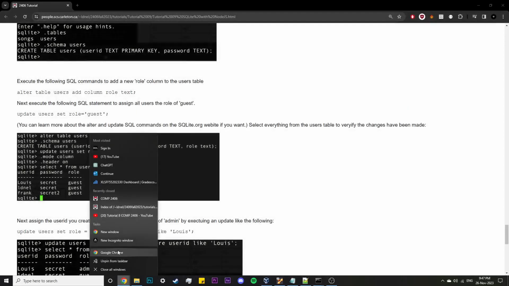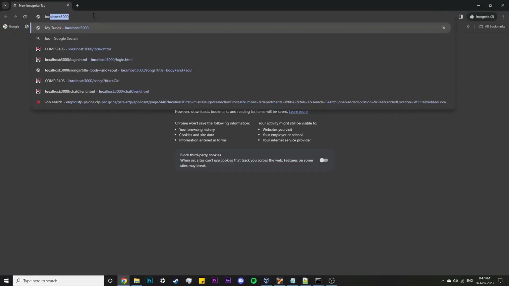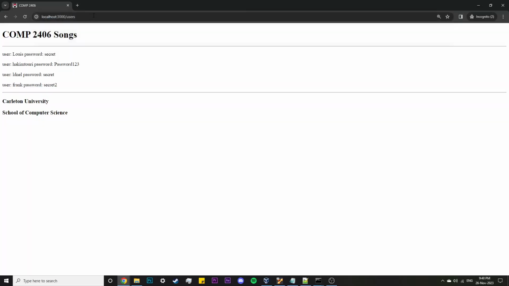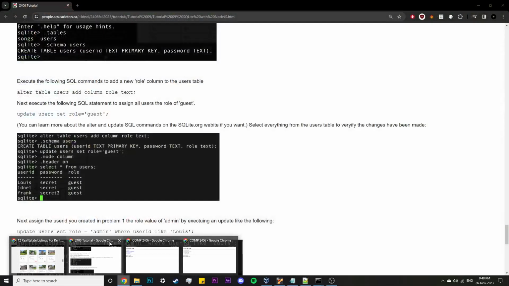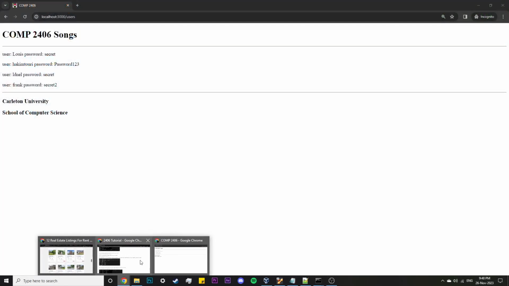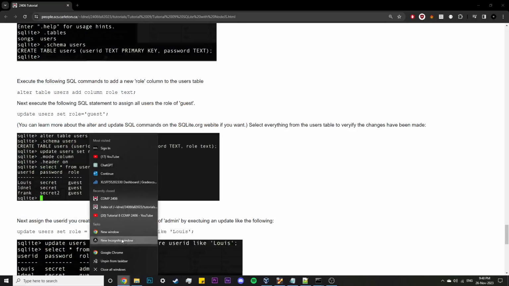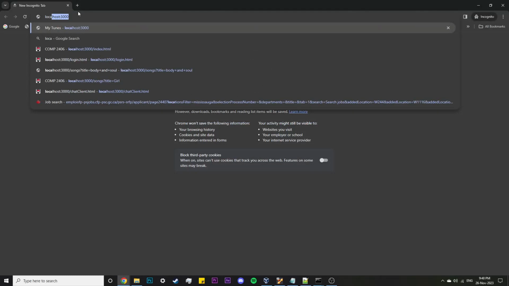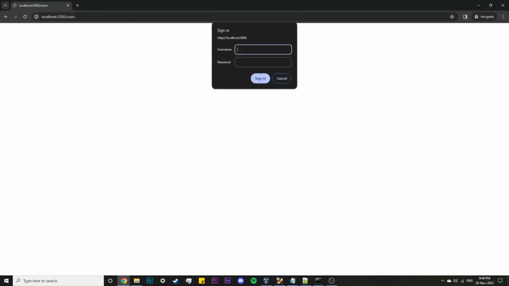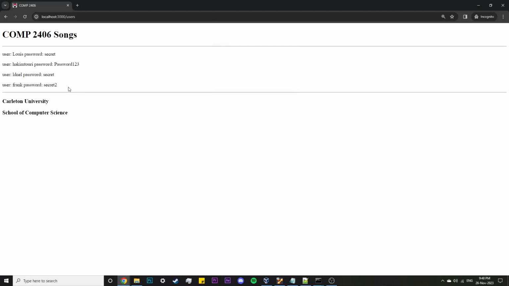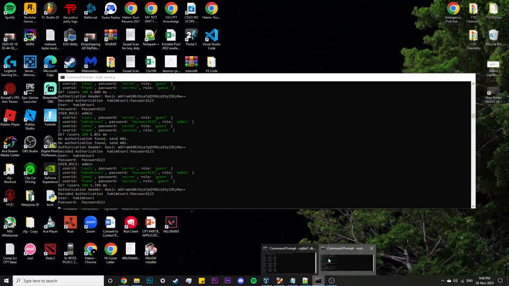So let's create a new page: localhost/users. Oh, I think I already have another one open. Yeah, it's this one. So let's try that again. Okay. So we can see that this one with the admin role has privileges to look at all the users. So if we type in the password, we can see all the users